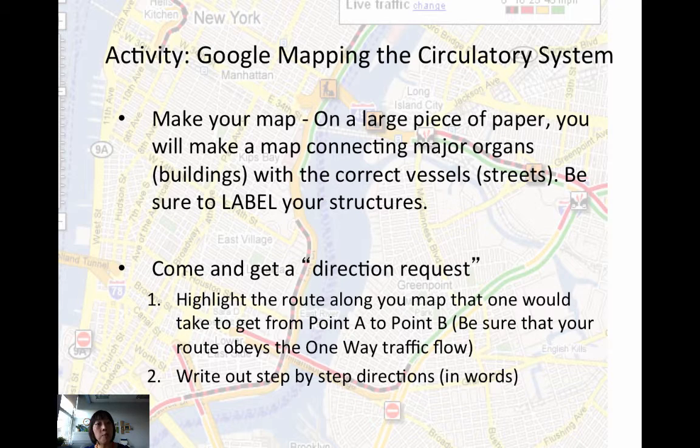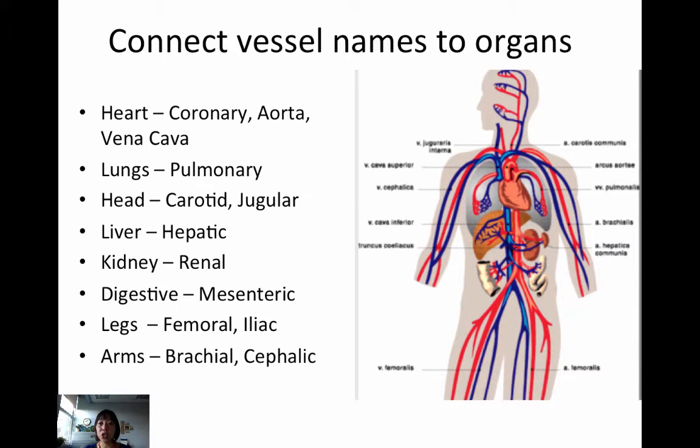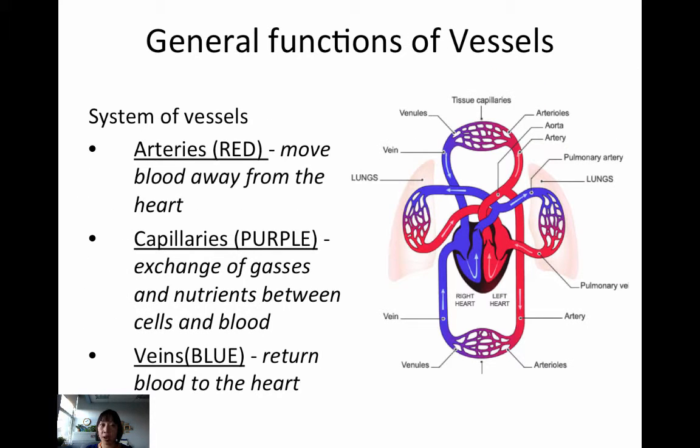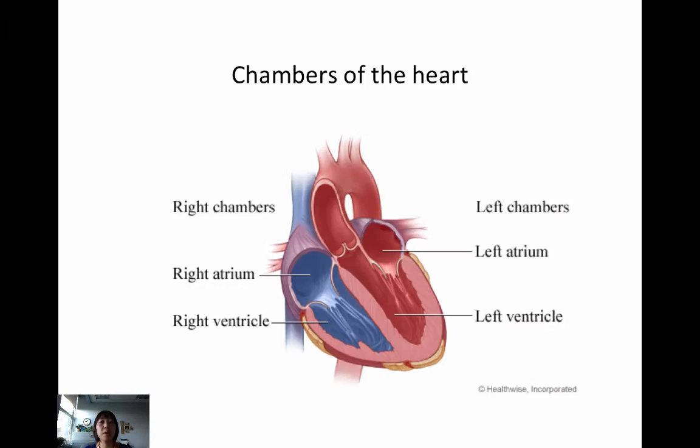So we are going to be like Google Maps and try to map the circulatory system. You're going to get a large piece of paper, and there are some handouts in your folders, and you're going to try to connect the major structures, the major buildings of your city to each other using the correct vessels. And we'll be doing some labeling. The goal is not necessarily to copy the schematic that we gave you. So the goal is not necessarily to trace this pattern or this pattern,